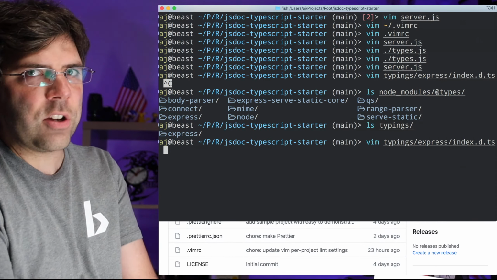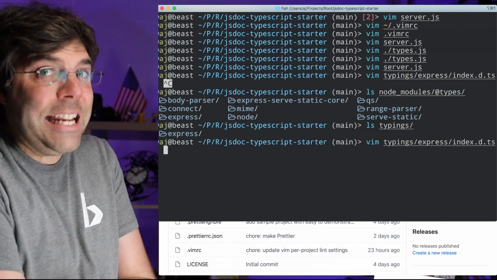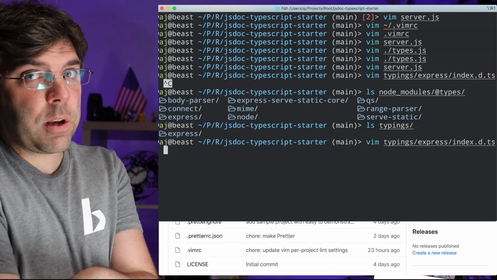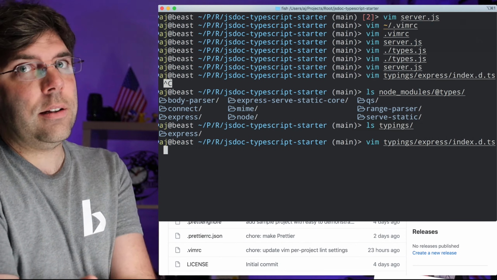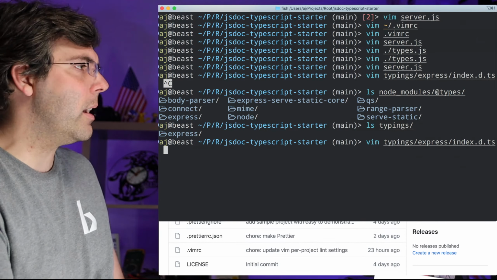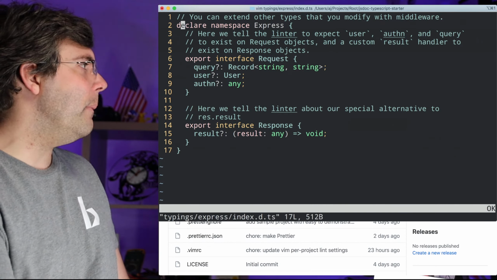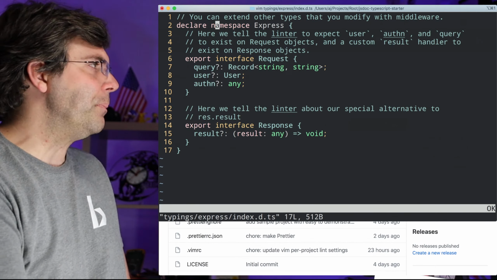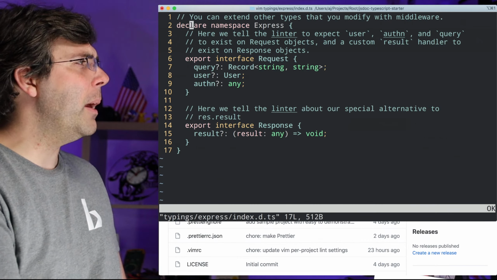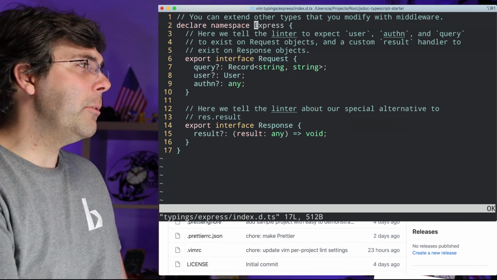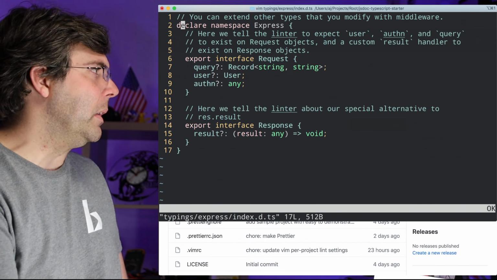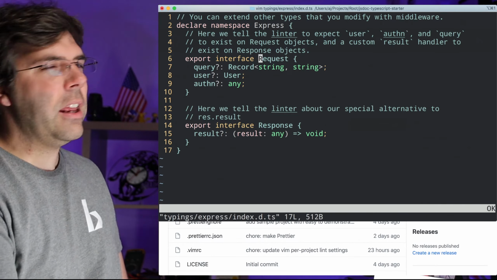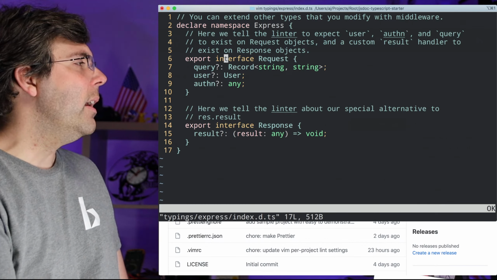So if you had a user.js, and you found that you actually needed to use not JSDoc but TypeScript definitions, you would create a user.d.ts. But we're not going to get into that here. So I'm in here. You kind of have to Stack Overflow this a little bit to figure out the right thing to do. But basically, you're going to declare a namespace that's going to be the name of the module, and you're going to export either an interface or class or something like that,